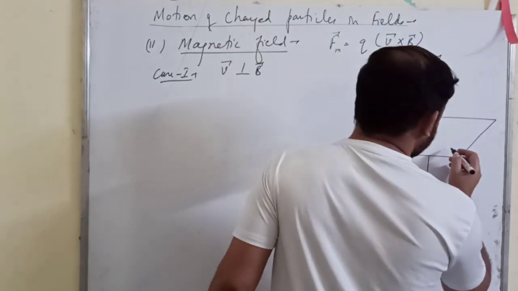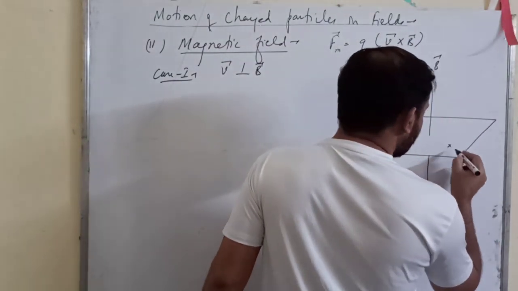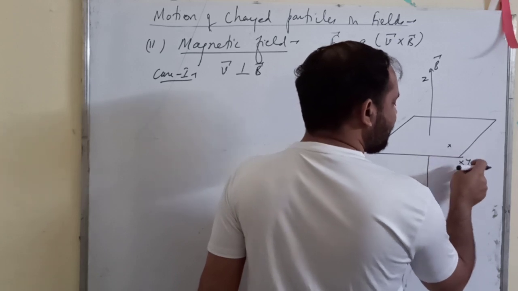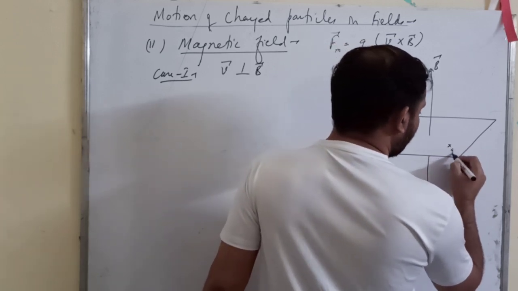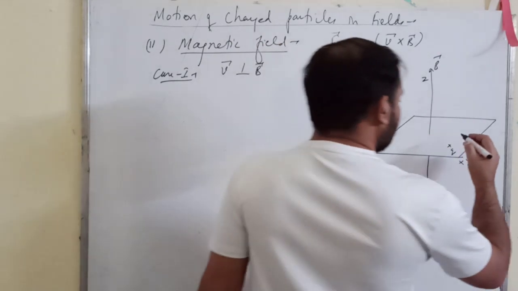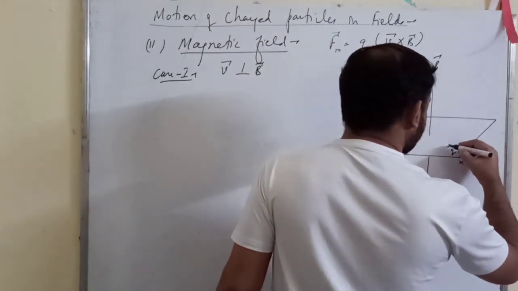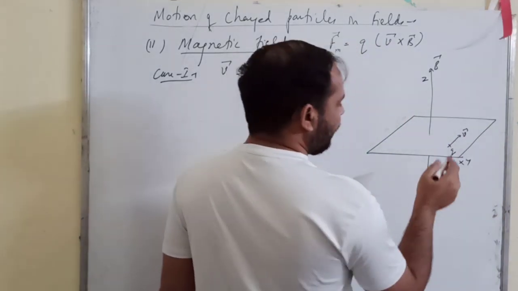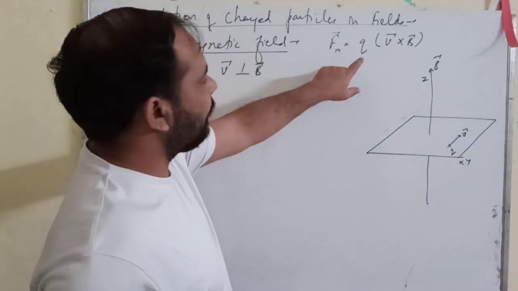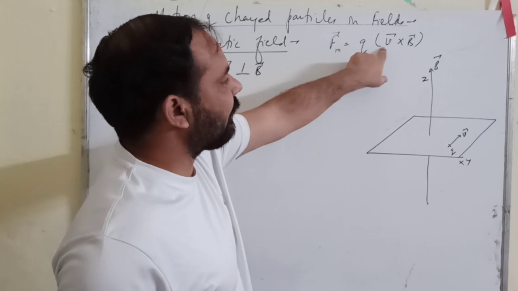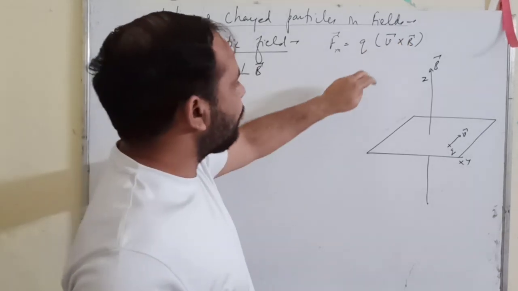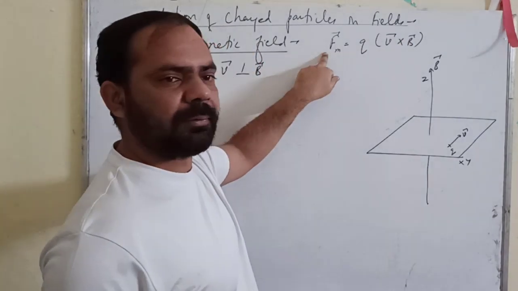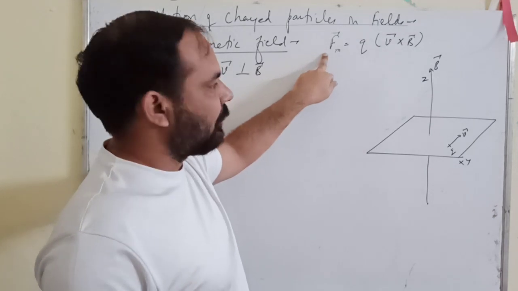Now it means like this. Suppose the charged particle enters on this xy plane here, q, right? The velocity vector, let us suppose that is this. This is the velocity vector, right? Now, if v vector is perpendicular to b vector, their cross product will give the direction of the magnetic Lorentz force. So what does it mean?